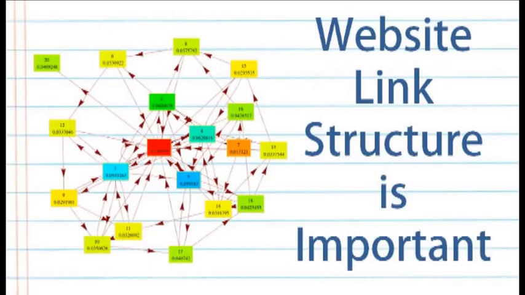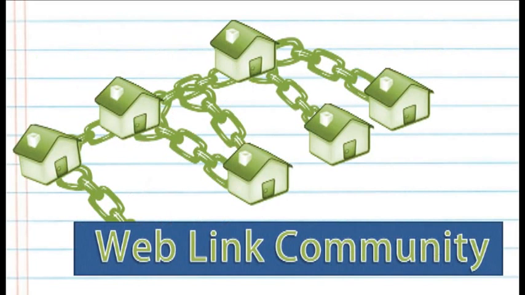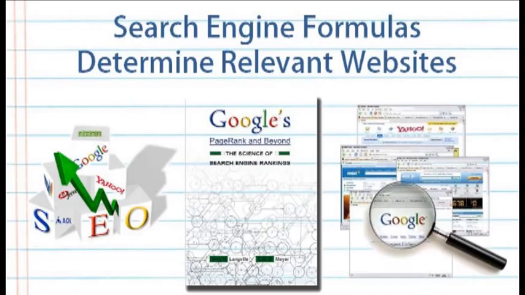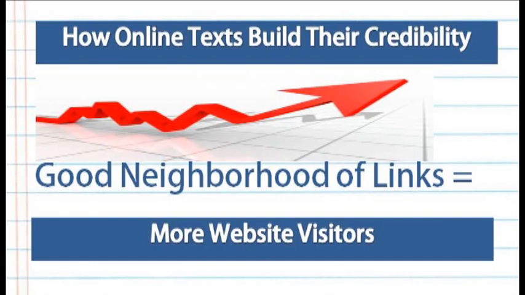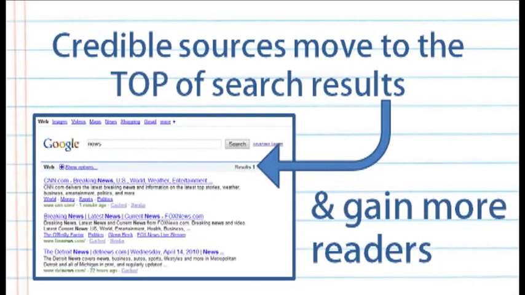In the online world, authors build their credibility in another whole new way. They build their reputation through the websites that they link to, and also the websites that link back to them. For example, Google uses an advanced formula for determining how relevant a website is. The link structure of a website becomes extremely important. Something considered is whether an online text is within a good neighborhood of other links. Ultimately, the most relevant sites end up at the top of search results and more people access them.